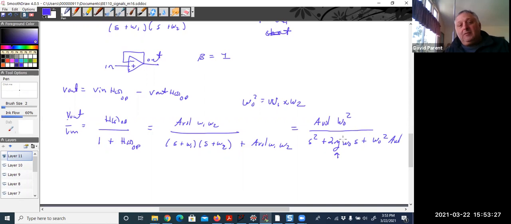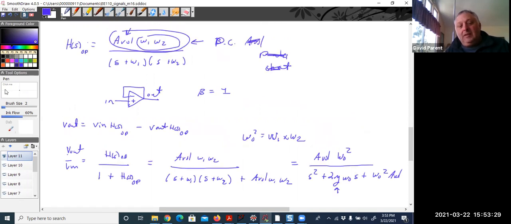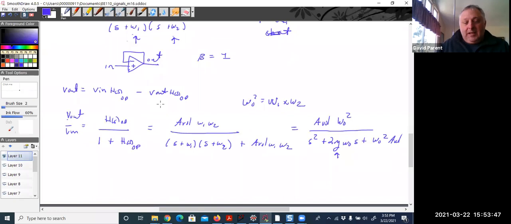So I think we agree that in this form there are two distinct real poles, and so the op amp without a feedback network is overdamped. But now